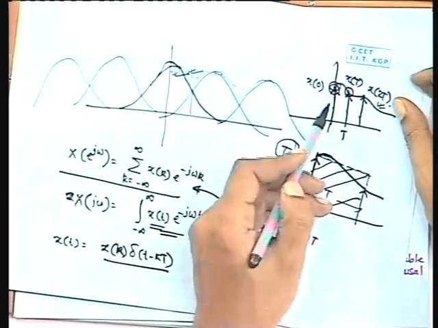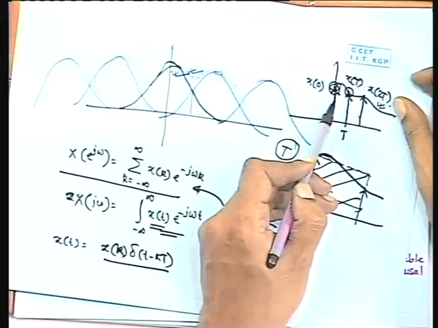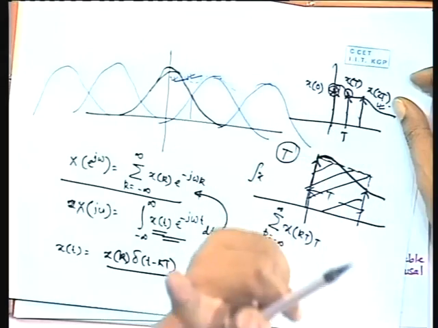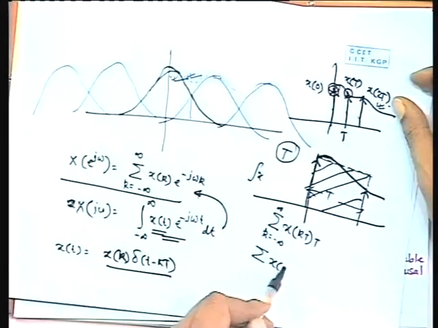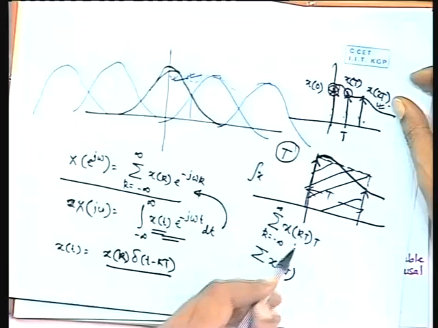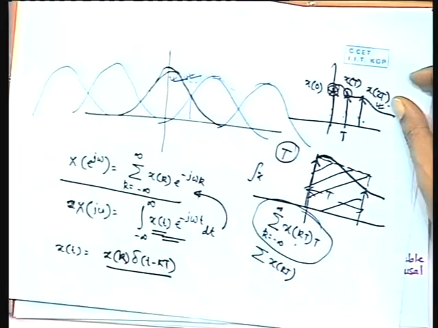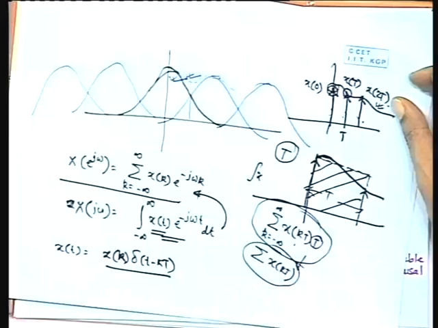But what is the area of the impulse train? For each impulse, the area under the curve is 1. So it is only sigma x(kT), because at each point you have one impulse. So you see that this was the area under the curve of the continuous signal and this is the area under the curve of the discrete signal. So you have amplified. This T is generally a very small quantity, because you sample fast, so the time period is small.